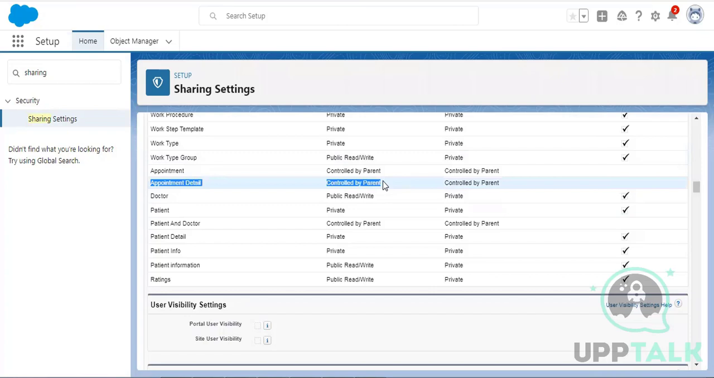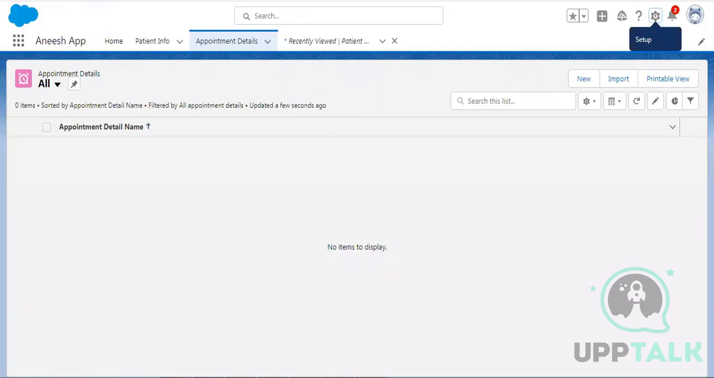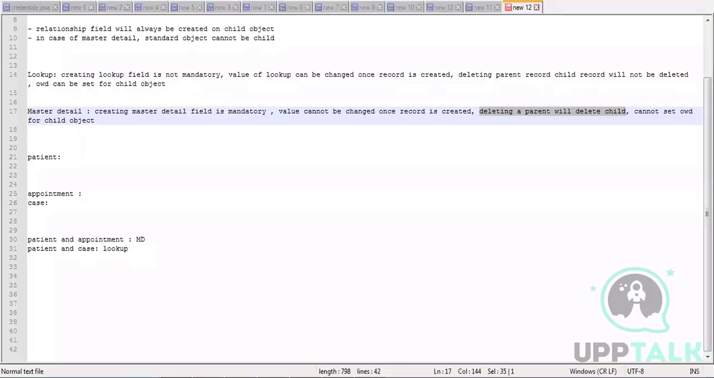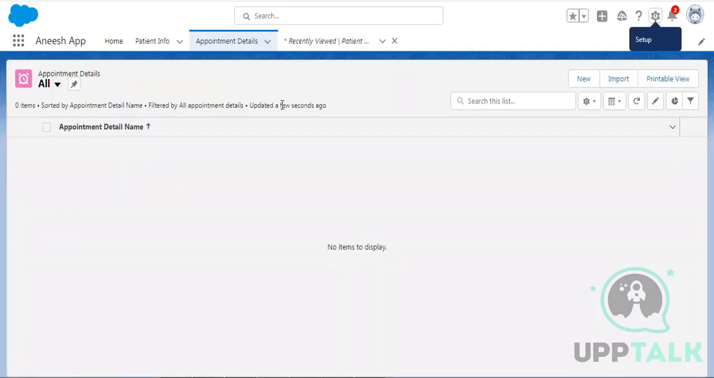So all the four points are verified successfully, right? Right. Any issues in lookup and master detail? If no issues, just summarize it in your own terms, what all things you have understood. So basically,